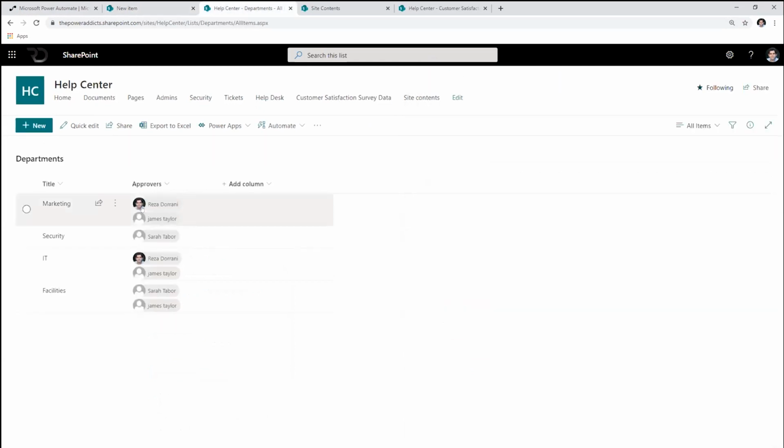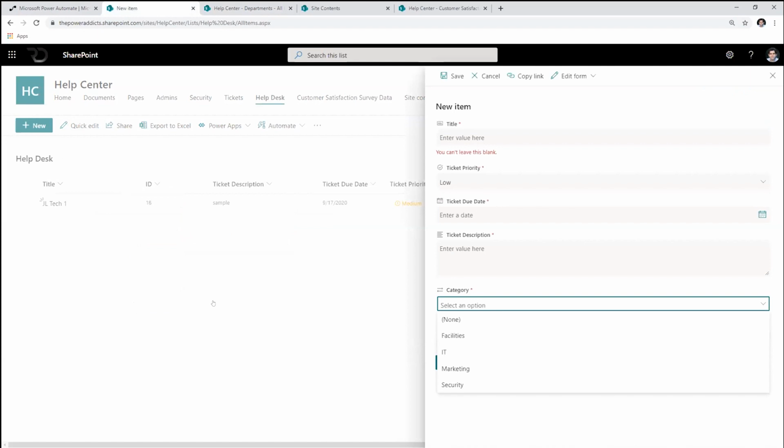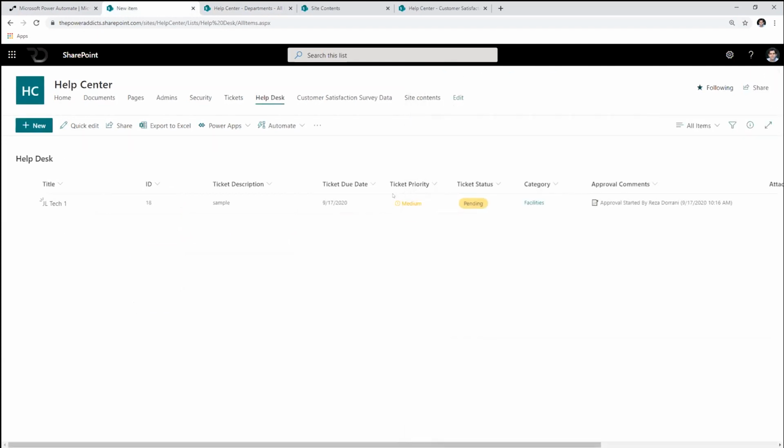I am dynamically defining my approvers, and I have a flow that will begin an approval process the moment a ticket request comes in. And then once the approval process is complete, it will track the entire approval process. Not just that, it will log the approval history. Very, very important, because approval history in Flow is only valid for 28 days, if you're not aware of this. So you will lose your approval histories. So make sure you log them. That's what this flow is going to show you how to do.